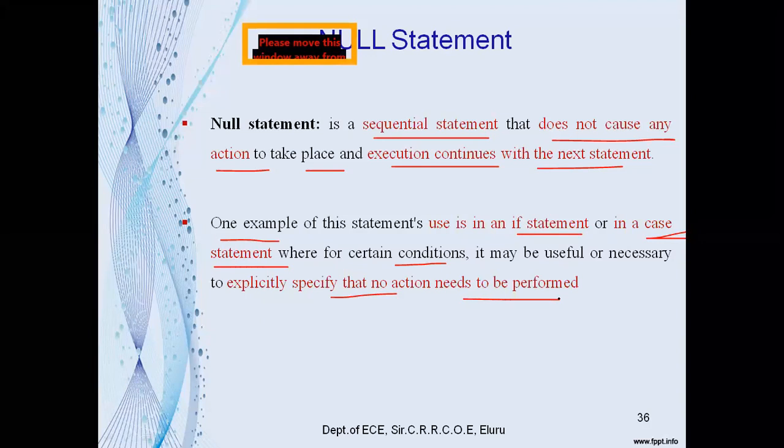So if we don't want to perform any operation, we will use the null statement, so that the statement will be executed but no operation will be performed. And we have seen one or two examples for the if statement and case statement.